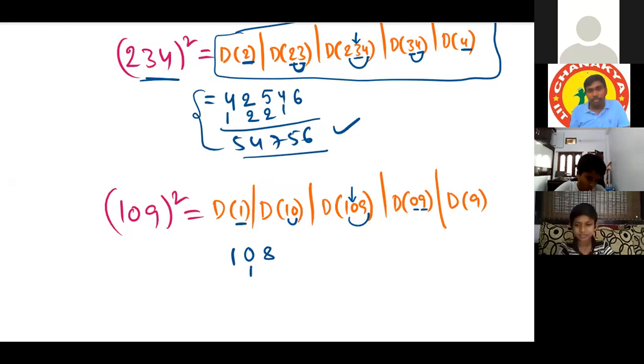Yes. And then 09 duplex is 0. Sir, what if there is one more number instead of 0? How do we do that? That is already discussed in the above question, sir. If it is another number, will we be adding? 234 is there only. You can compare these two questions. Okay. Above question and below question, you can compare.